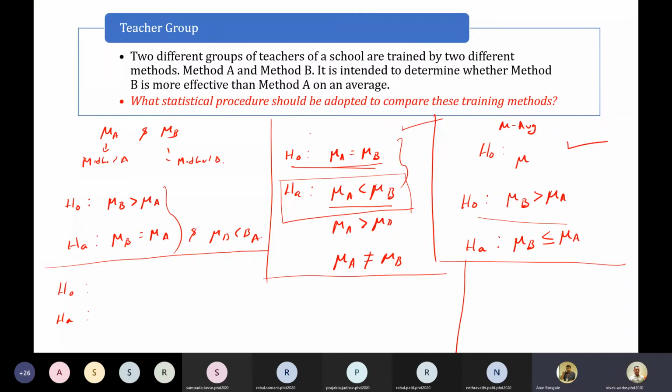Similarly, the second one, solid propellant: mu is equal to 50 there also. For LED, mu is equal to 10, then mu is equal to 50. If it is not 50, then reject and go to the alternate hypothesis. But in this case, if I want to continue my practice of putting the null hypothesis with an equality sign, then I should have mu A is equal to mu B. This should be the null hypothesis.